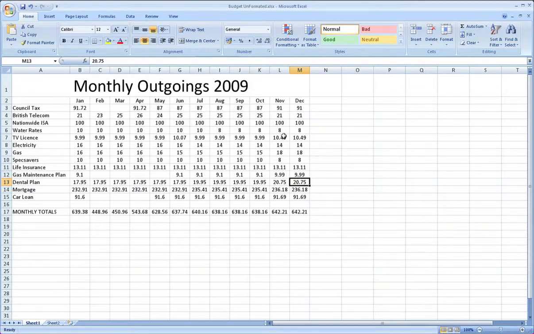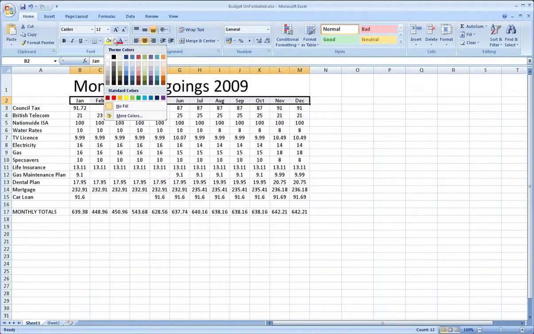Let's see. What we'll do is we'll start differentiating, or making some divides up here between the column headings. So these ones here. So I've just selected it, clicked and dragged, and now I'm just going to pick a colour. Okay, and there's no right or wrong way of doing this. Sometimes it can look hideous. You've got to have a bit of taste. There are a few gaudy